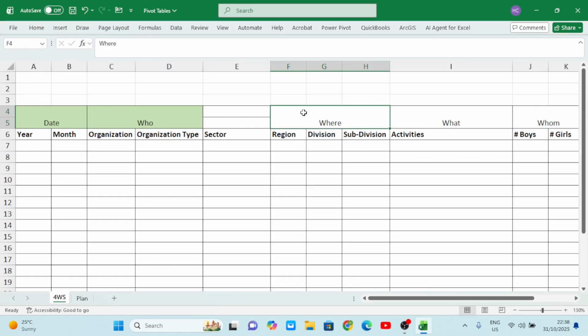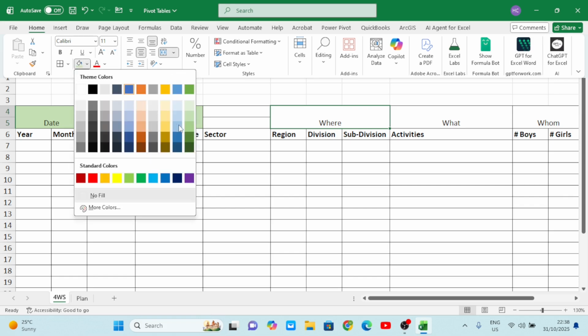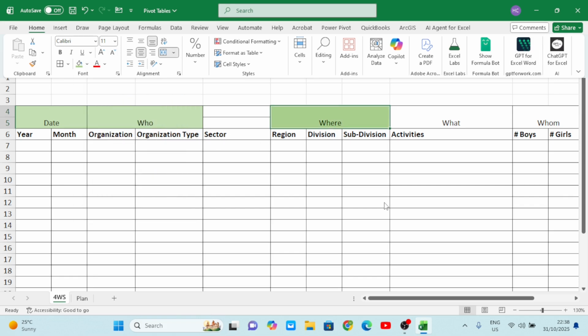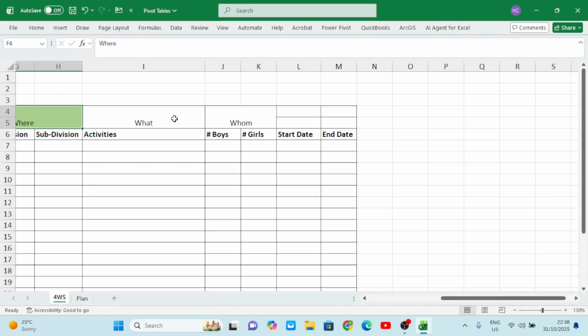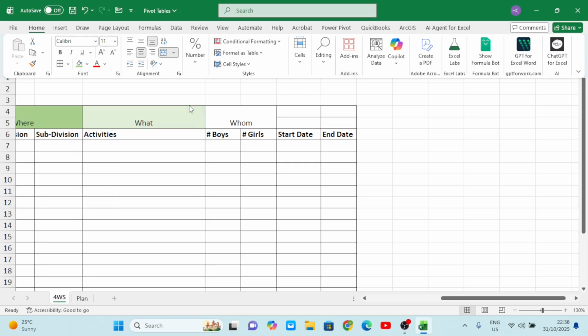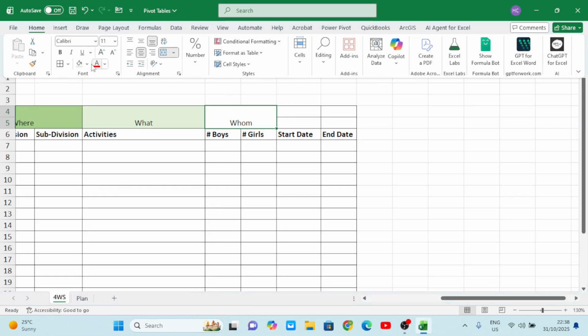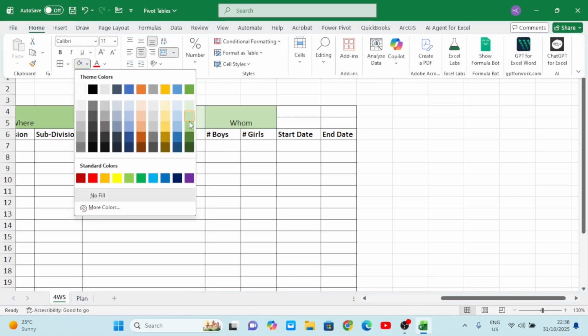I'm going to flow with green all through. I know this is not going to really look nice, but you manage this because it's just for the purpose of this video, right? And then you have to learn something here. I'll try to put different colors just to differentiate the different areas of what, where, and whom, but they'll all flow around the green color,